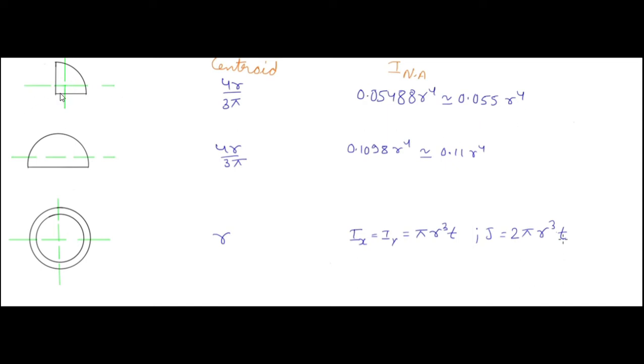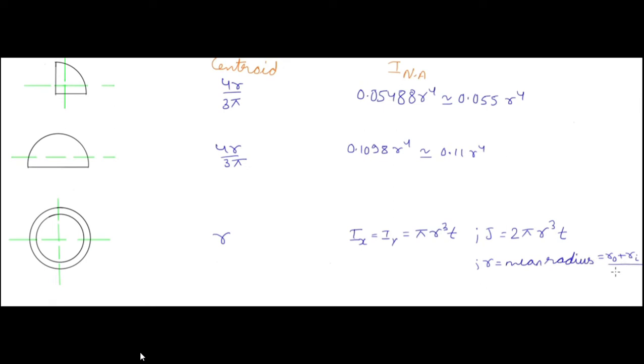Similarly, the centroid of the semicircle is 4r by 3 pi from the base, and the area moment of inertia about the neutral axis is 0.11 r to the power 4. Means this is 0.055 r to the power 4 and this is double of that value. Then finally we have